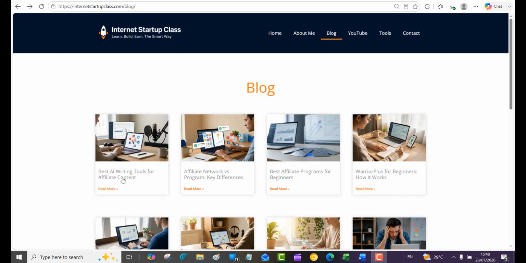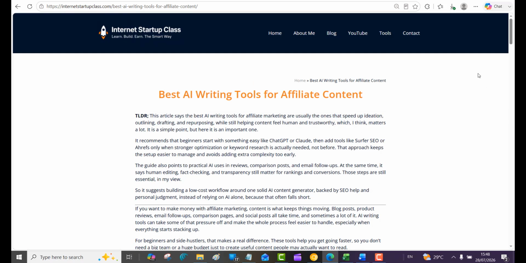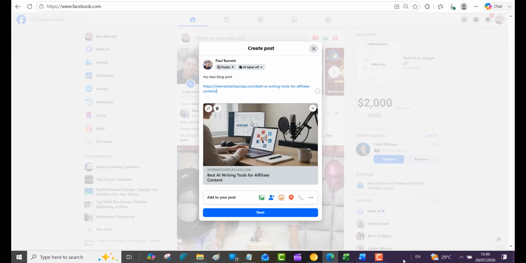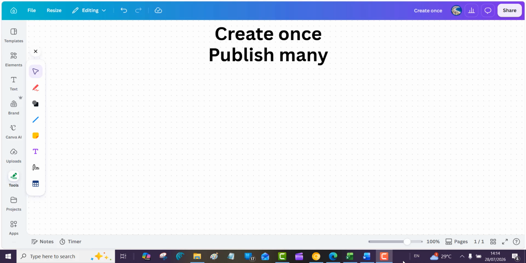Let me show you. Most people will write a blog post and then they'll take that blog post and go over to social media, for example, and drop the link on there. But I tend to do things slightly differently. So what I do is I create once, I publish many times. So I write one quality article, for example on my blog, and then I repurpose it into content for multiple